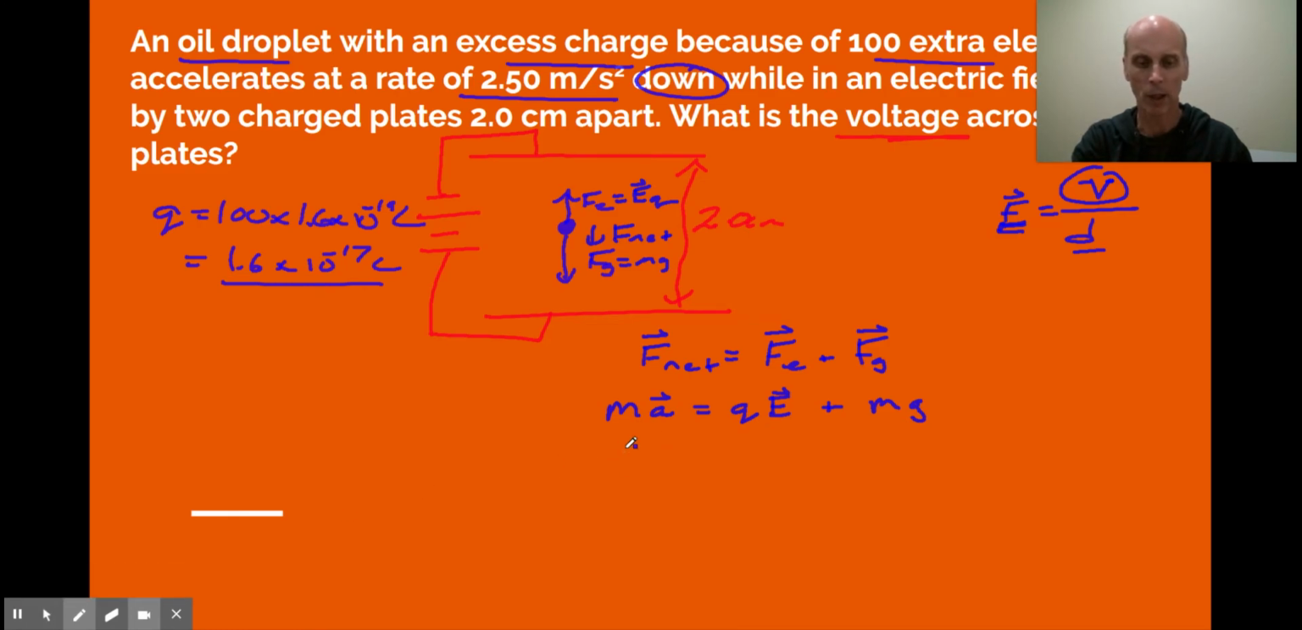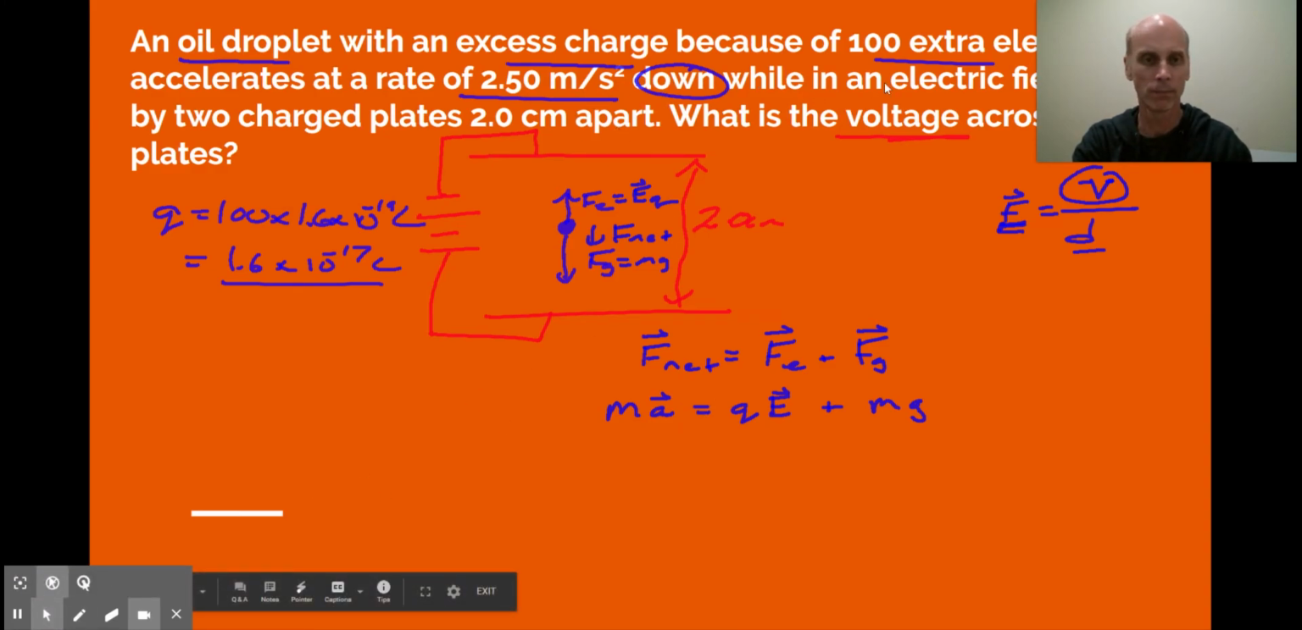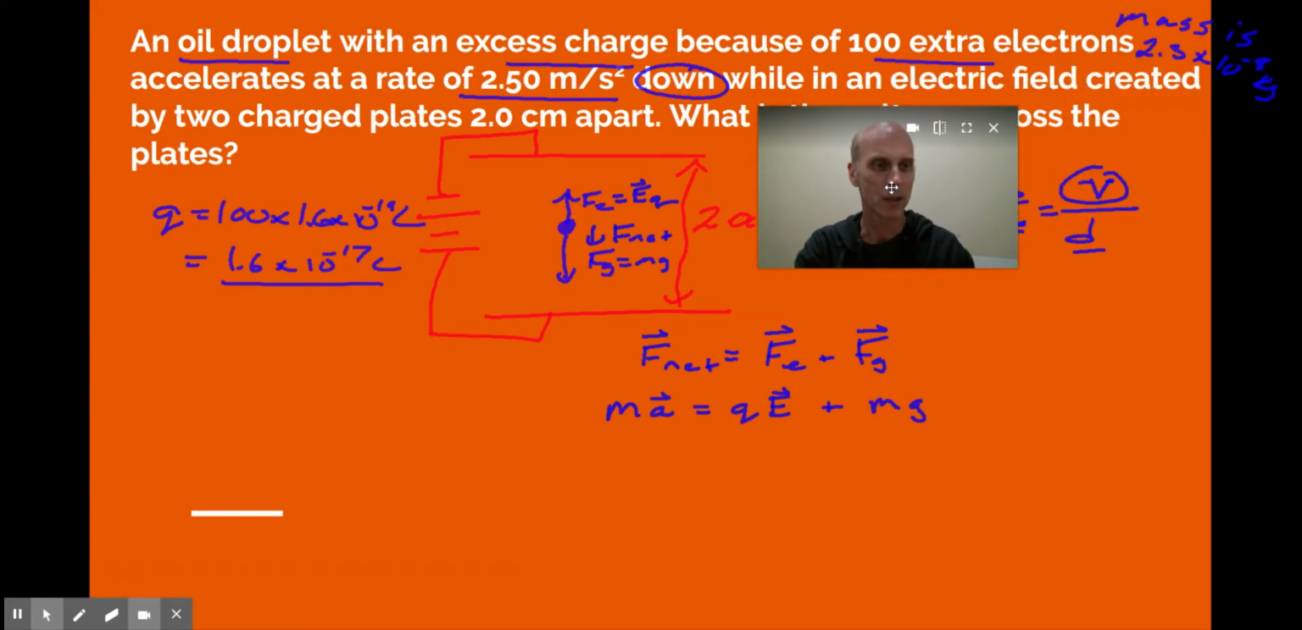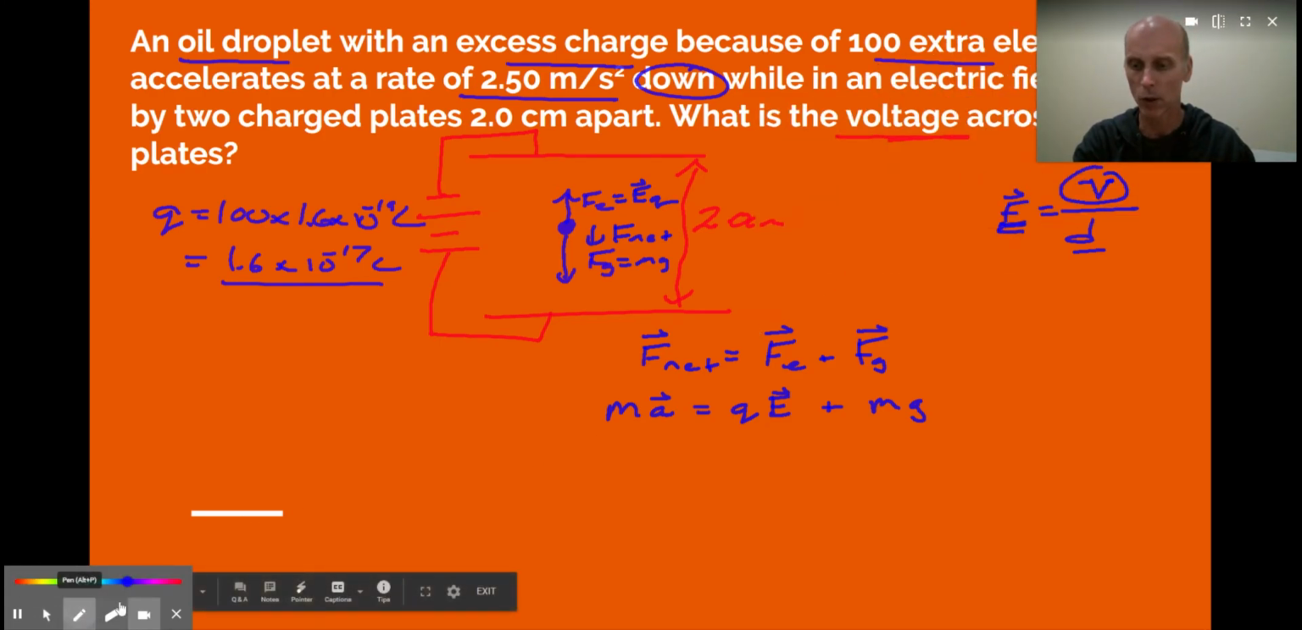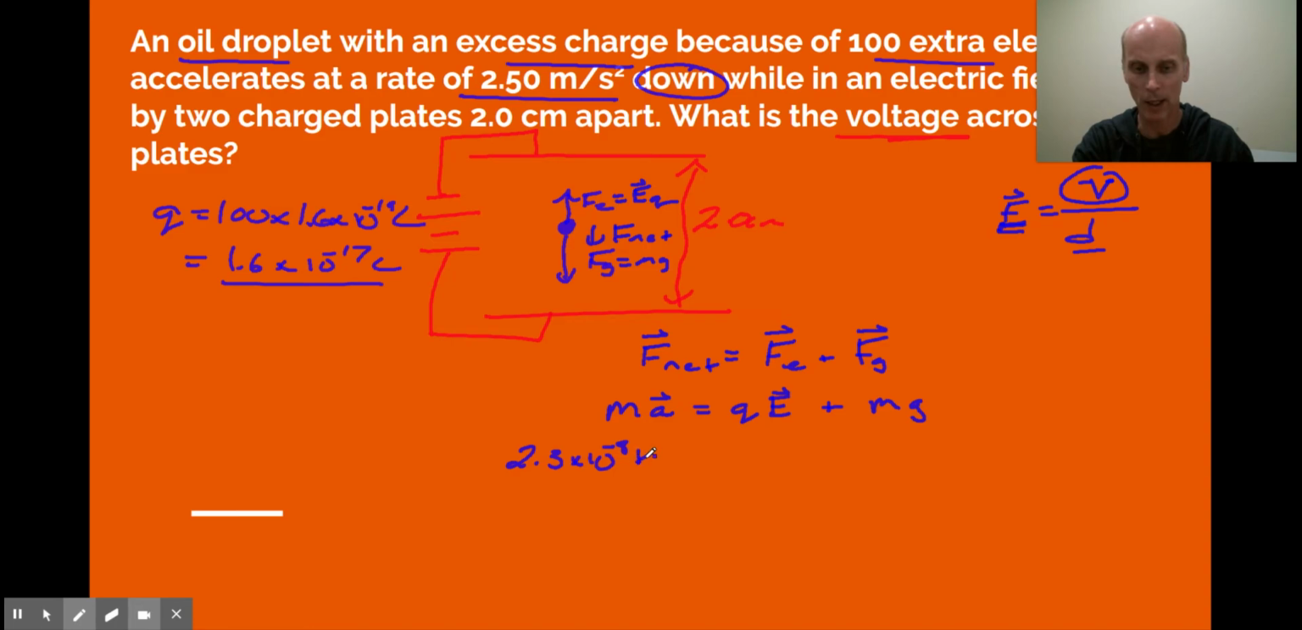All right, so let's put our values in here. Mass, let's go back. Oil droplet, blah, blah, blah. Where's mass? Here it is. Mass is 2.3 times 10 to the minus 8 kilograms. So 2.3 times 10 to the minus 8 kilograms multiplied by a downward acceleration of 2.5, so negative 2.50 meters per second squared,